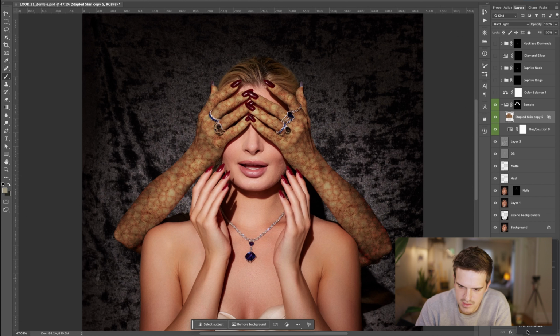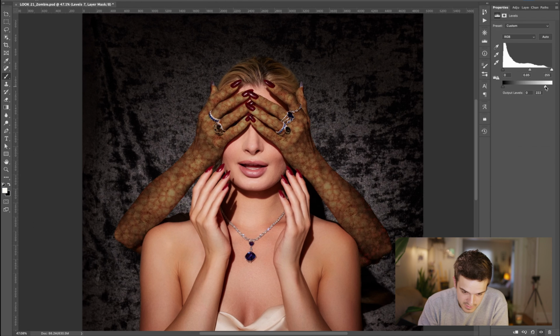Might leave that where it is. I'm gonna crush my whites because models don't. Zombies. Getting models and zombies totally mixed up. What's going on? Zombies do not have reflective, nice, highlight, dewy, glowing skin. Their skin is flaky, it's dying, it's grotesque, so it doesn't reflect too many highlights. So we're gonna crush our whites,